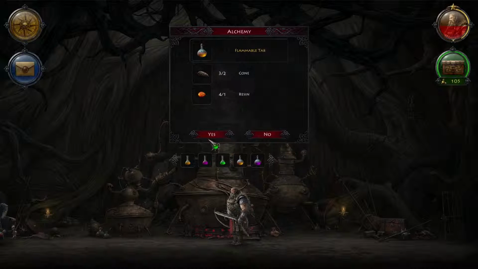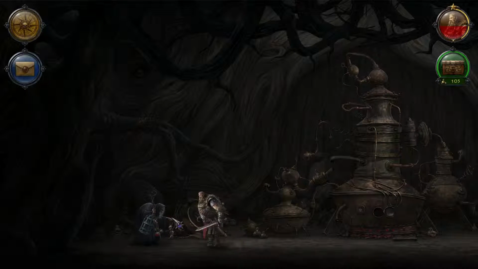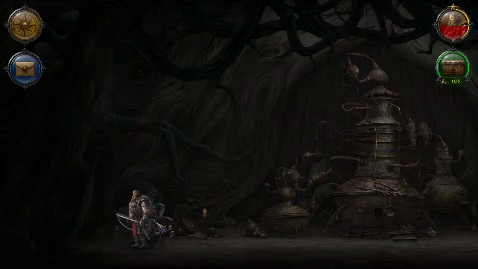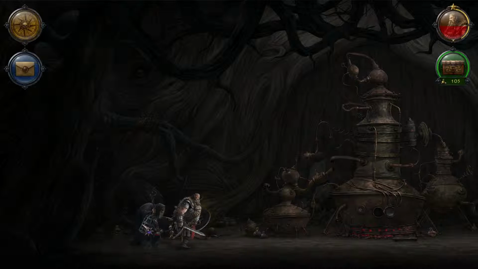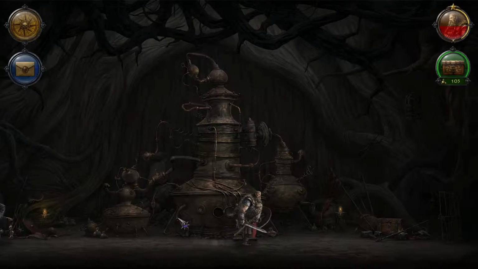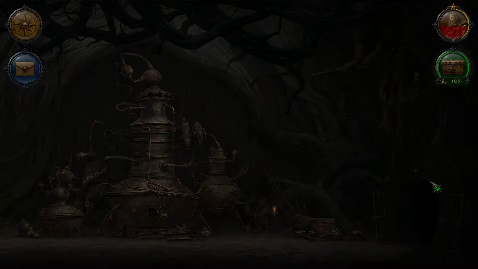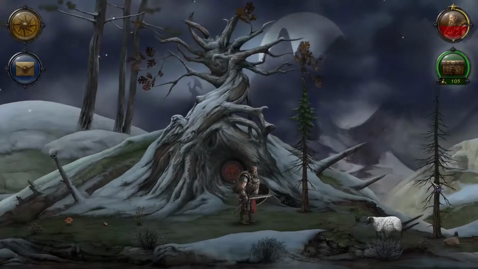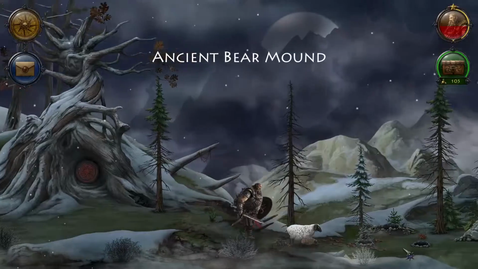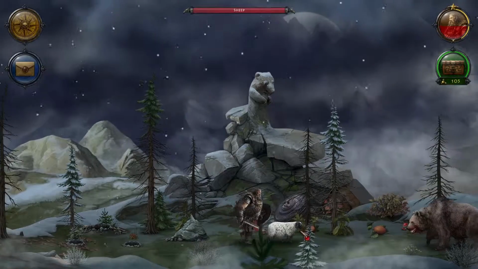Flammable tar, cone and resin, or resin. Oh, there's an old lady that I can't interact with, but I can use her alchemy station. At the start, you don't have all of the buildings in your base, so... Oh, yeah, you have to click the exit. You don't have all the buildings in your base, so you can sort of use the external places to find...